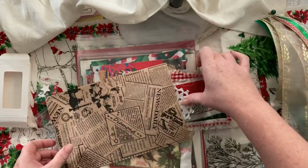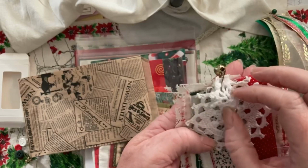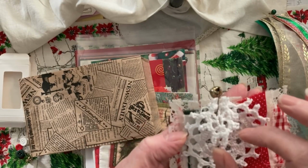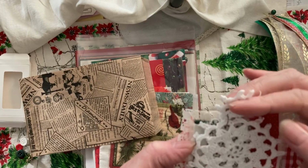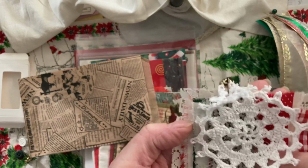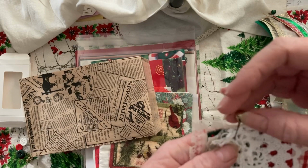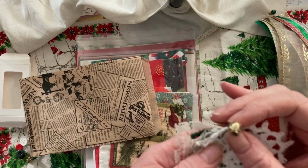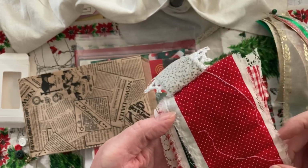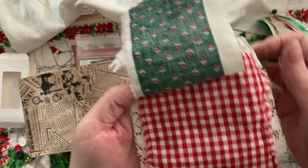And then here's a little fabric flip. It has two little mini crocheted. These were cut off from a bigger piece. So the ends, I think, could be trimmed a little bit, or it could be tea dyed. Oh, it's also attached with another bulb pin, and this one is a gold bell. And then these are just little strips of fabric that came from a vintage big piece, and then